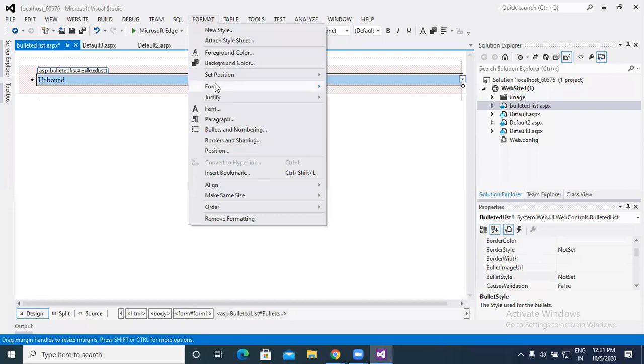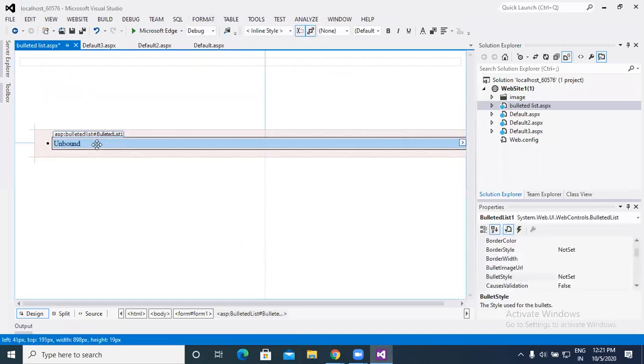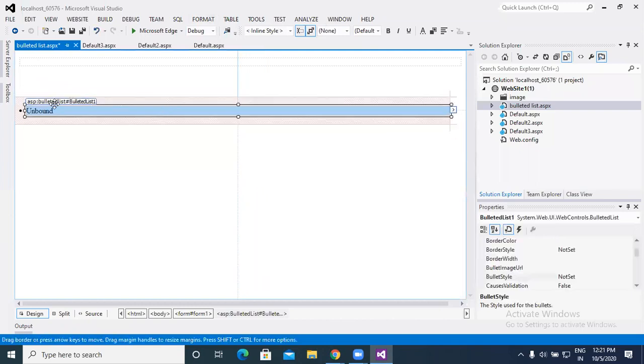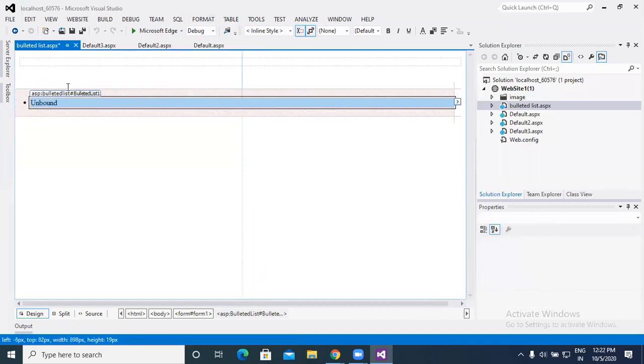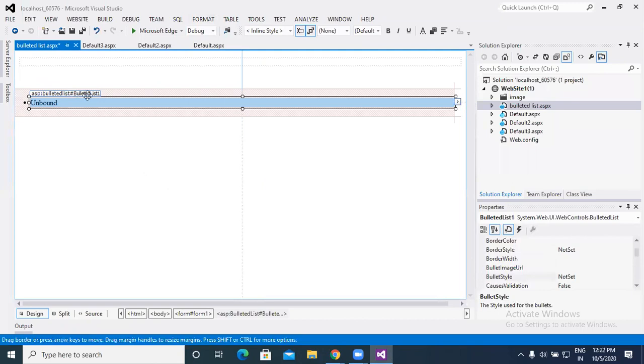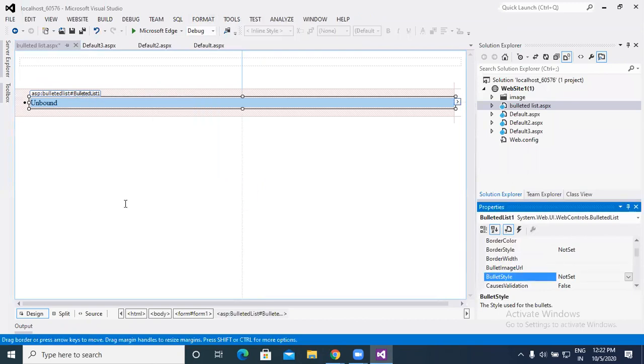Select format, set position absolute. Now it is ready to move on our ASP.NET web page wherever we have to set it. So let's consider the properties of it. Prefix, that is BLT, LST.